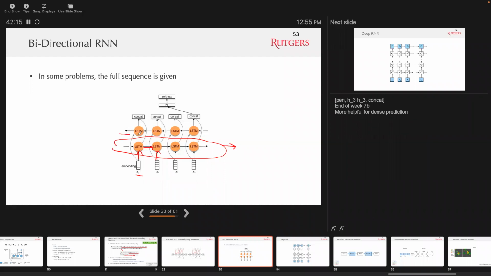And you have a second LSTM. This is your second LSTM. Your second LSTM also takes the same input, right? But it goes from the end of the sentence to the start of the sentence. It goes in this direction. And these two LSTMs are actually parallel, right? They don't interact with each other. They interact with each other only in the end, only after they are computed,